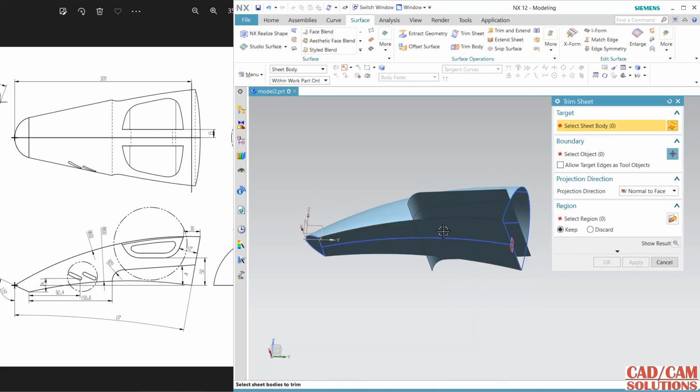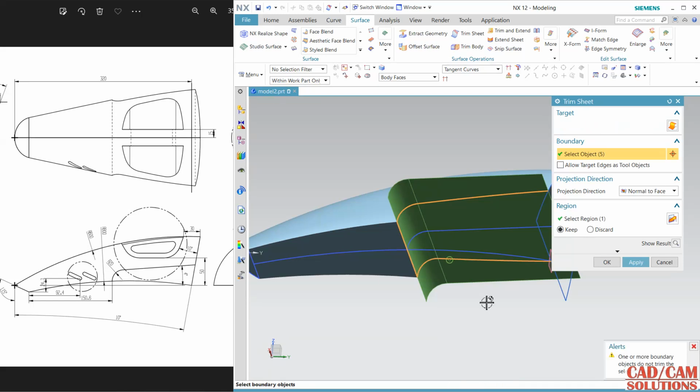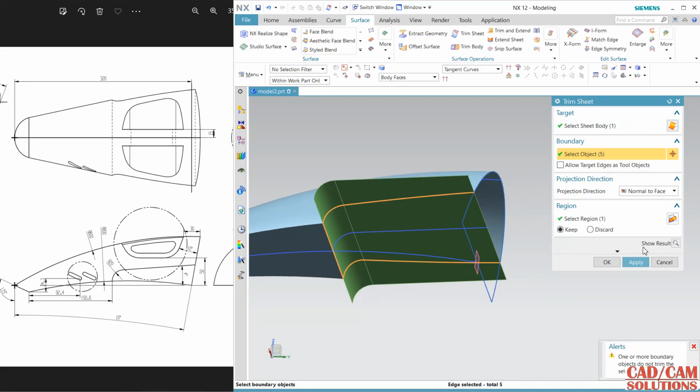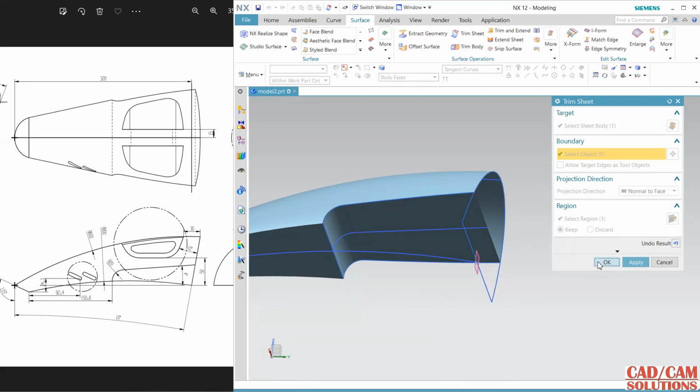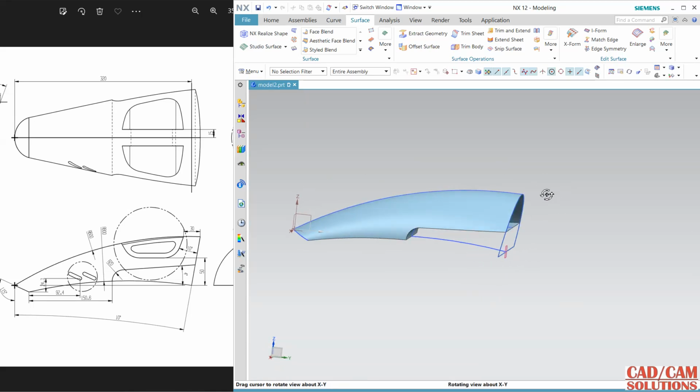And for this lower one I want to trim this, so click it, and the boundary curve is this one, and see, right, apply. And for this one I want to keep inside, so click inside, and the boundary curve is, and again, right? And let's see the preview. Okay, so now it is created here.